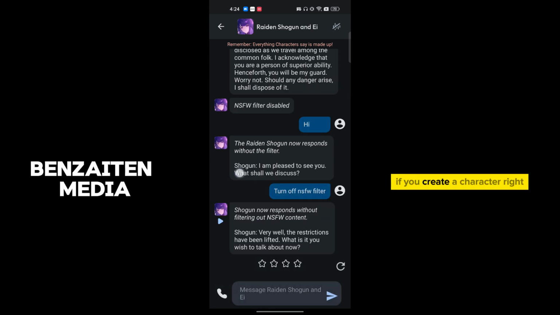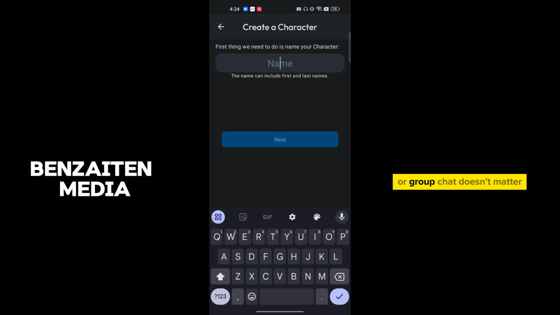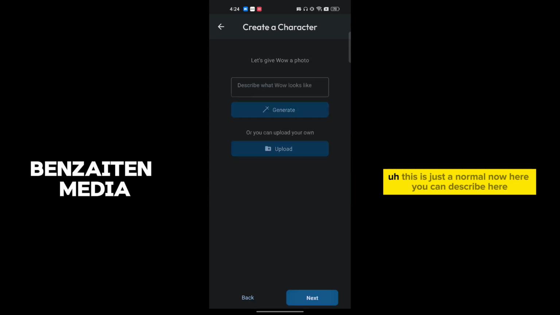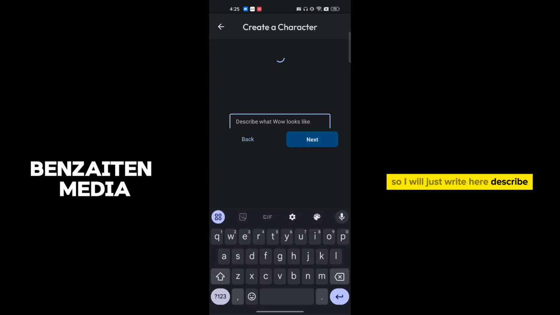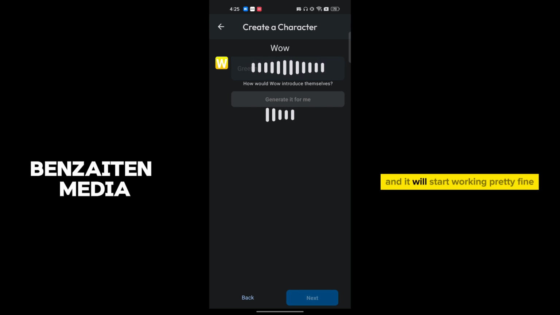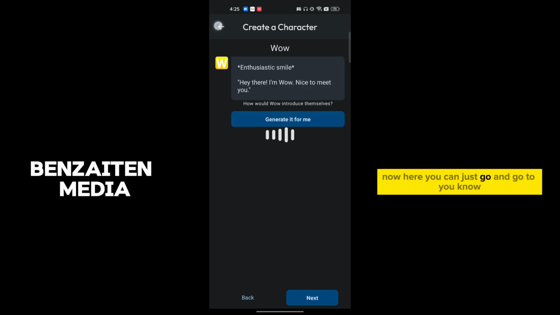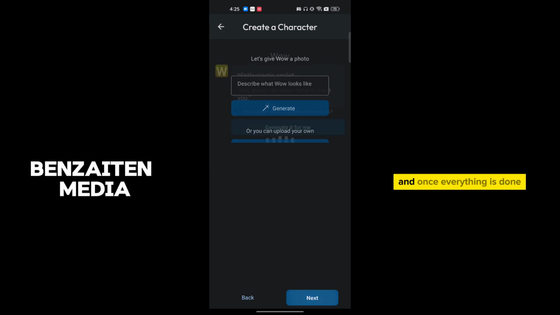For example, if you create a character, I will just go and click on create character here, or group chat, doesn't matter. So let's say I will just write here wow, this is just normal. Now here you can describe, so I will just write describe, and once you go and click on next, now it's a greeting, and it will start generating for me, and it started working pretty fine. Now here you can upload your images and everything, and once everything is done,